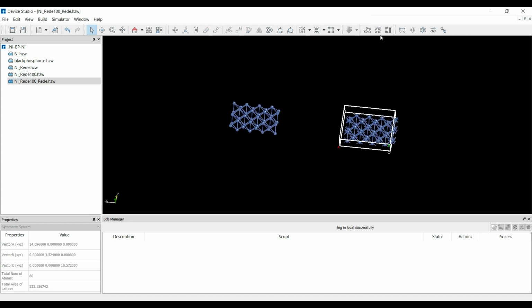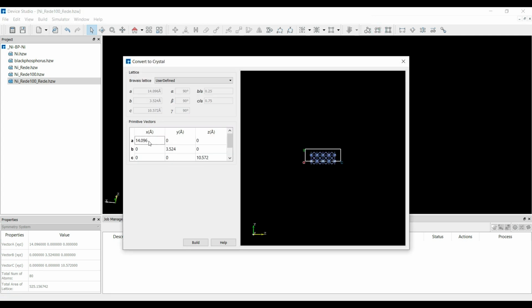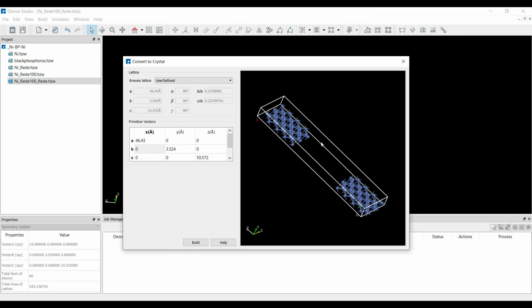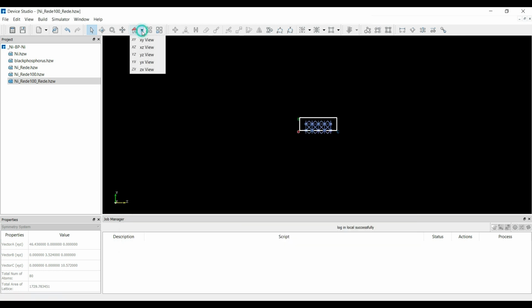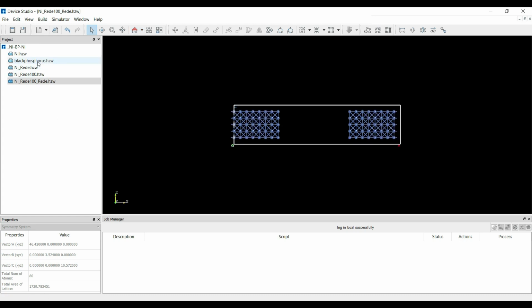Then you can go to the Convert to Crystal option, and here I would like to increase the distance in the A direction. Here you can see the vacuum has been created, and then you can click on the Build option. This is the 3D viewer where you can see the xy, xz and yz views. I would like to select this xz view and then go to the black phosphorus.